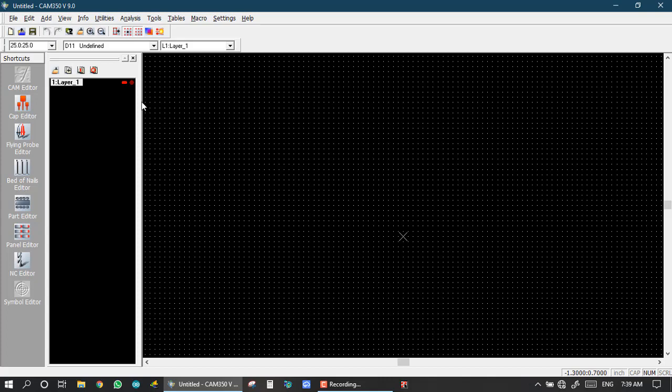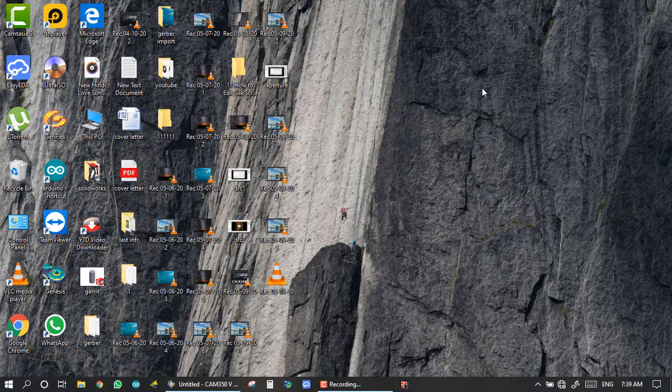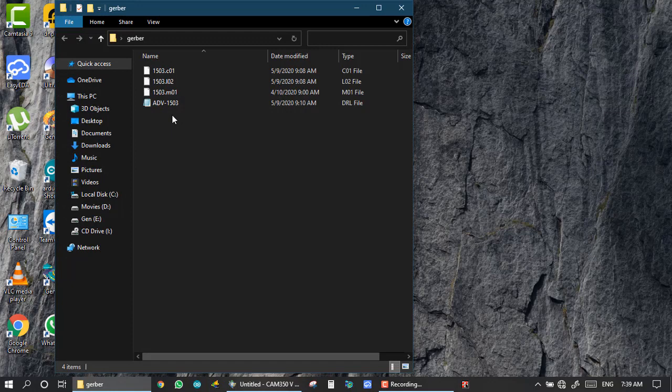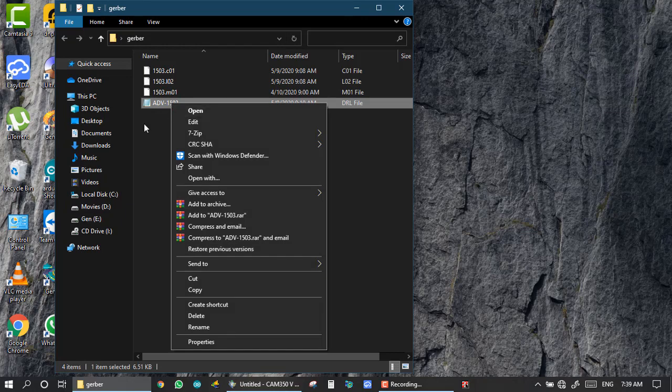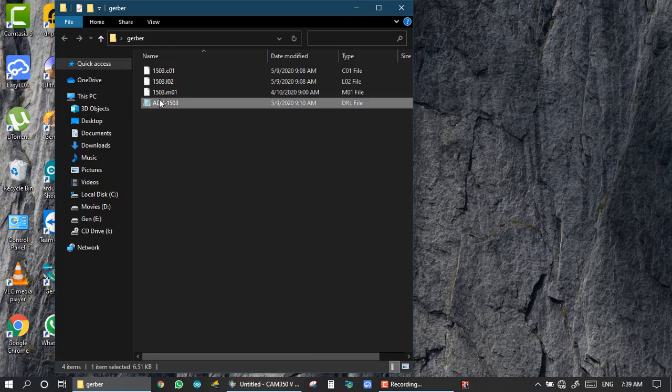First we import Gerber, and after this we import some NC layer. So first my Gerber is here. I don't need it, so I first cut this.